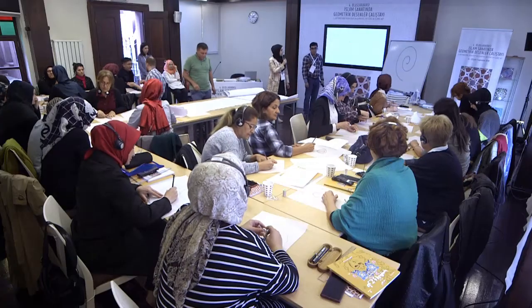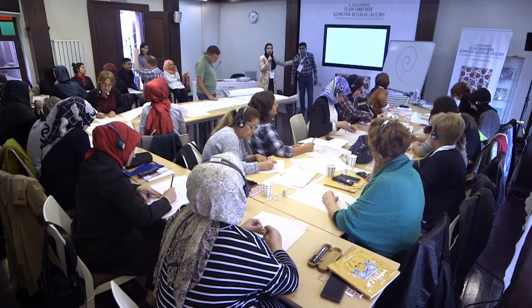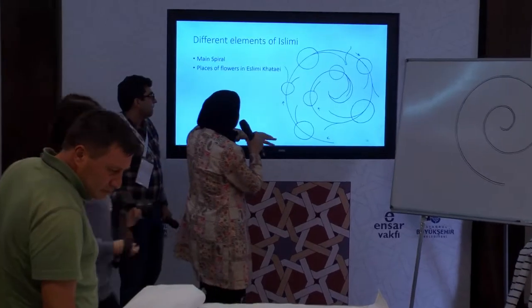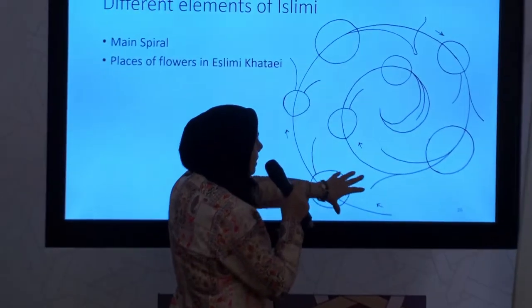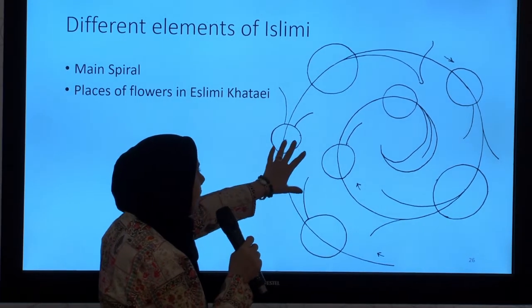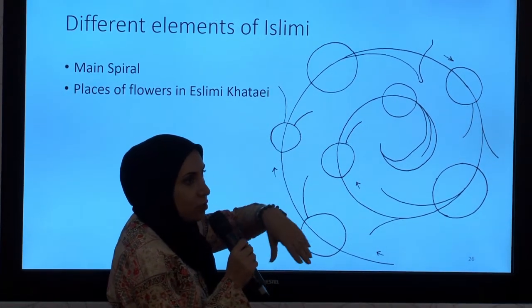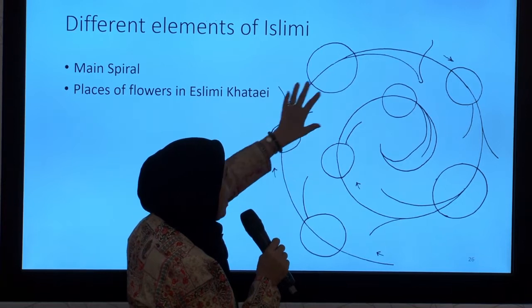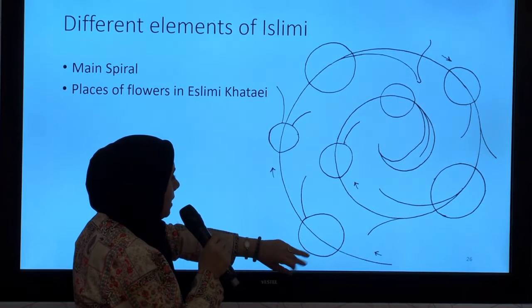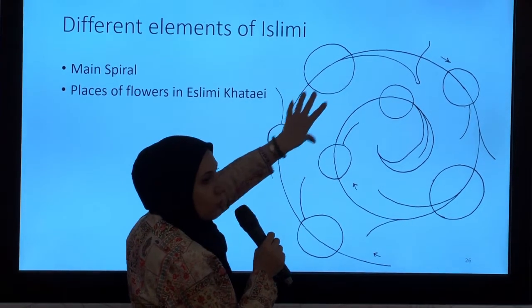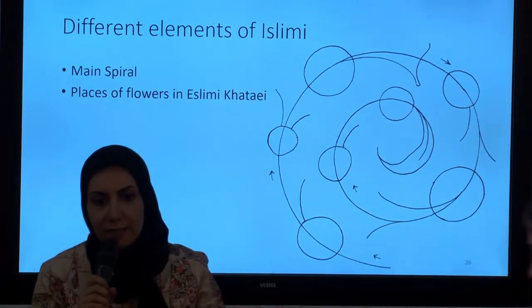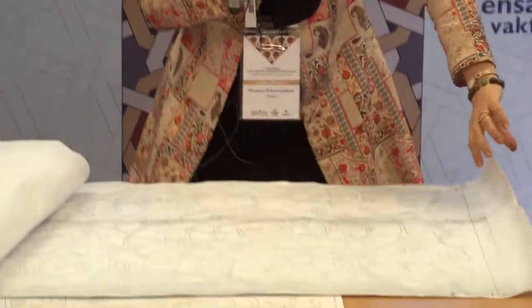If you look at the slide, you will see over this simple spiral, the designer decides, for example, by drawing circles, where these flowers, in Eslimi Khatai, as I told you, there are flowers, where the flowers are going to be placed. They make it clear for themselves by drawing these circles over their spiral. Okay? If you look at this sample here,